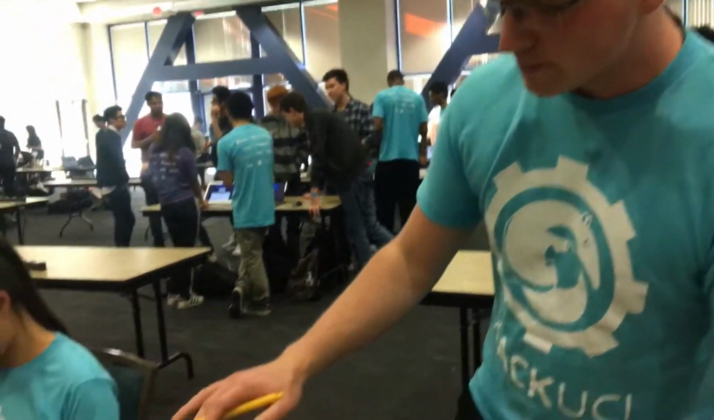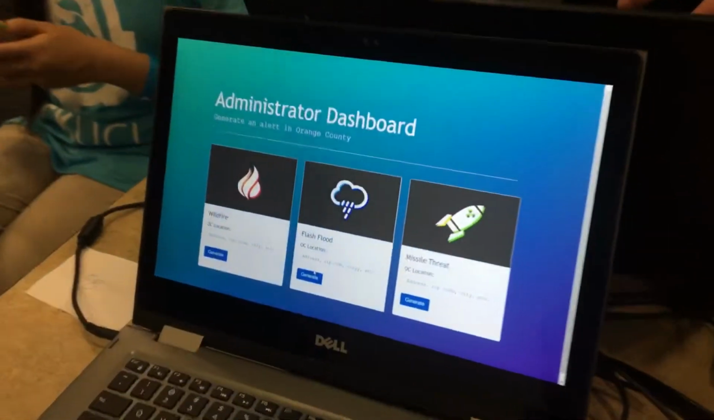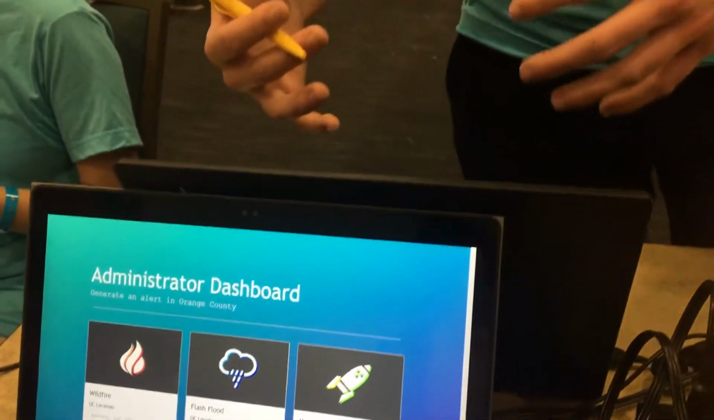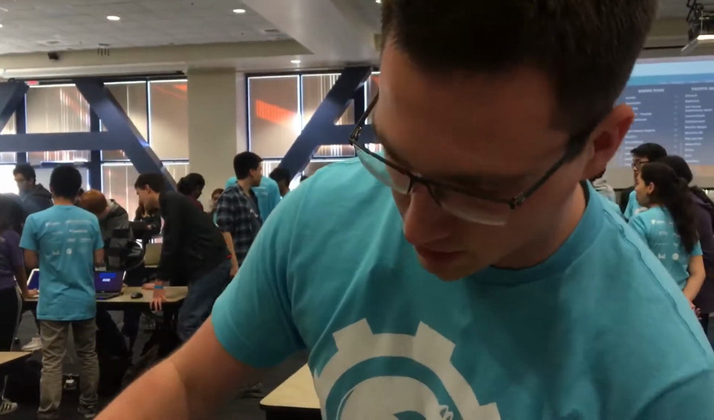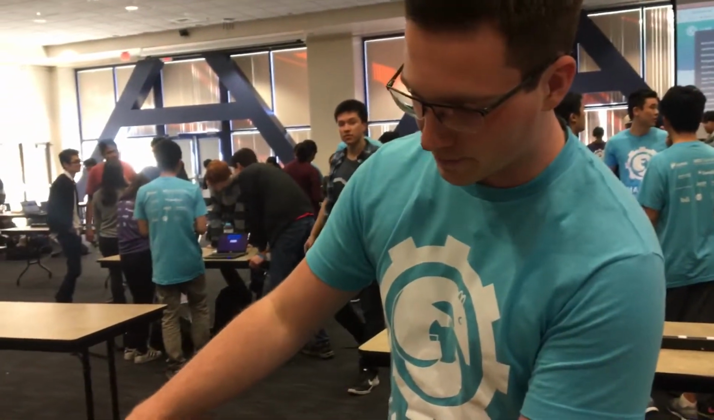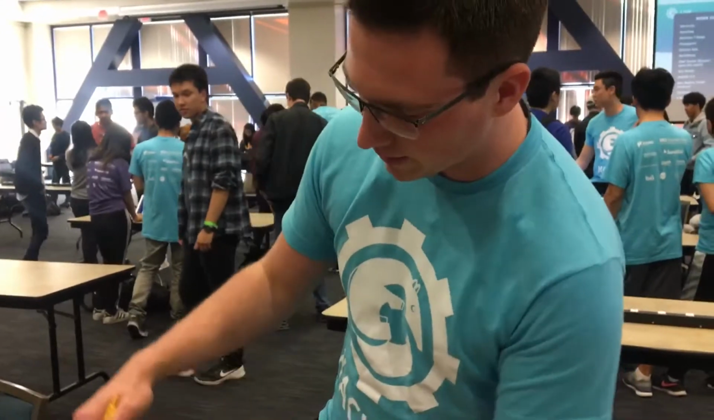And just a word about the admin dashboard. The admin dashboard is mostly for testing. It's hard to generate an emergency just on demand. We can't just create missile strikes. So this is for us to test the API,